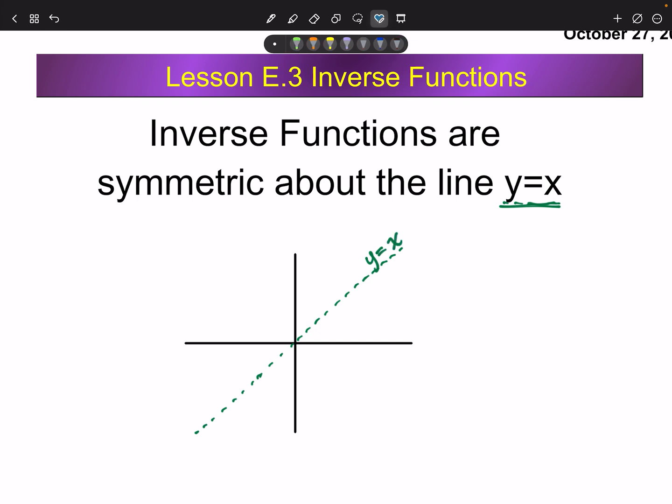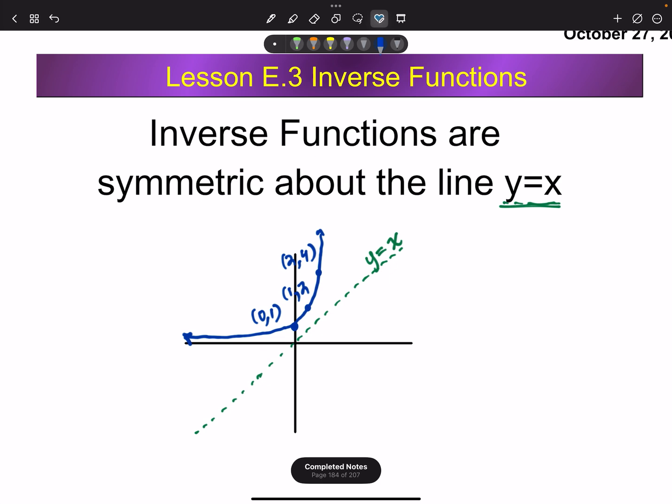Now, if I have a graph that has a point, let's say 0, 1, and then maybe 1, 2, maybe 2, 4, and it might look something like this. You might be saying, hey, that looks like y equals 2 to the x. If I have a graph that looks like that, then symmetric to the line y equals x, I'll highlight it, symmetric to this,